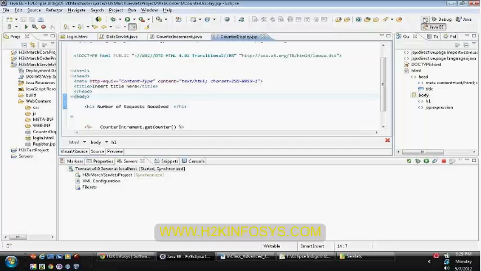So for the request and response objects that are handed to your servlet, if you are forwarding the same, that's fine. You are using the same request and response object.